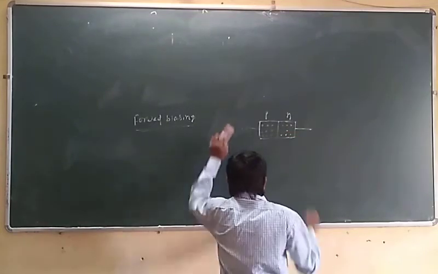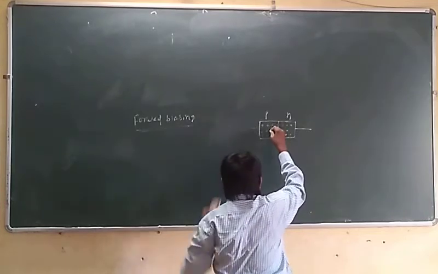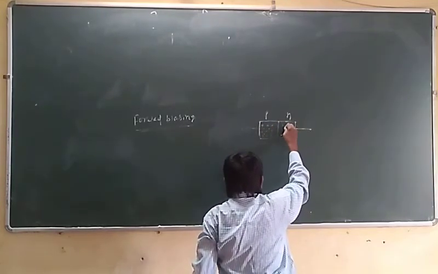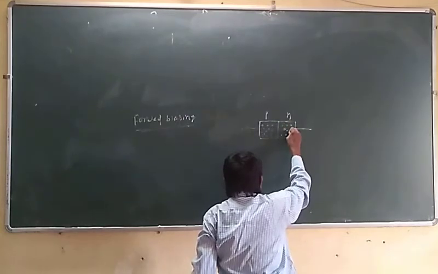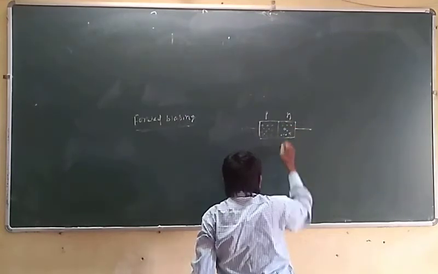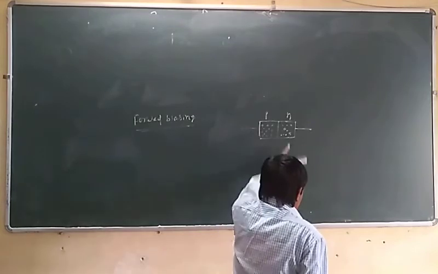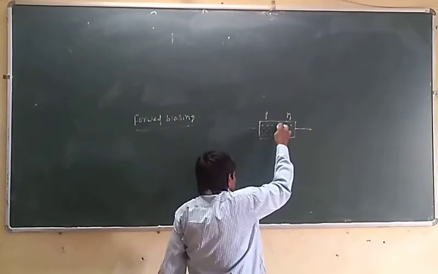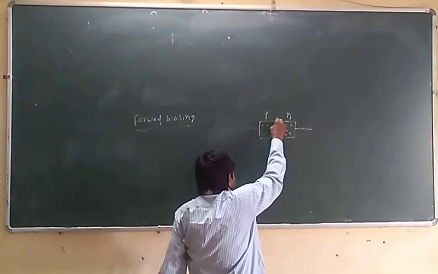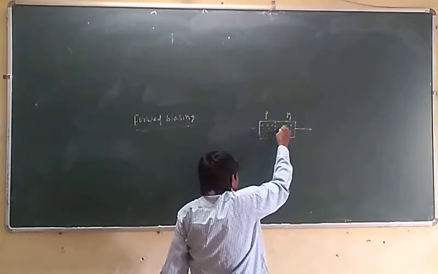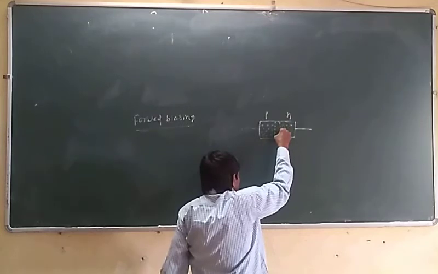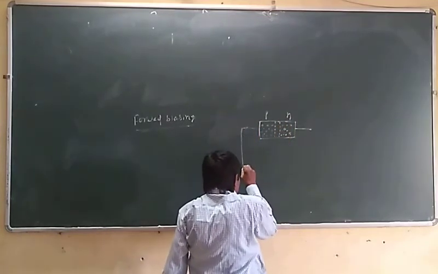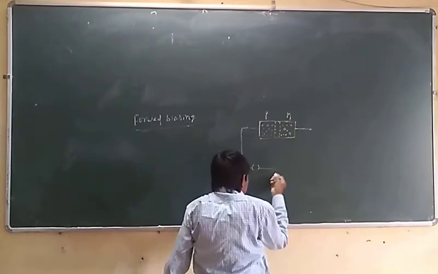These are the majority charge carriers, and in the P side a certain amount of electrons are there, and in the N side certain holes are there. This is the minority charge carrier of the N side material. This layer is also known as the depletion layer. When you connect a battery,